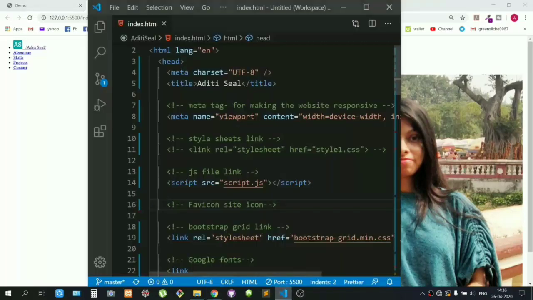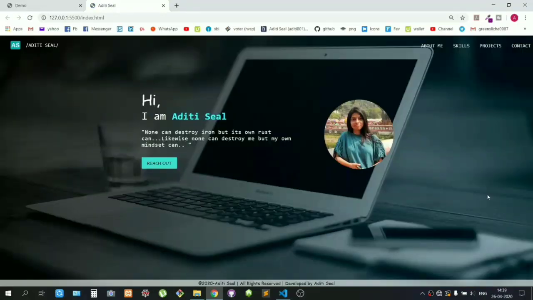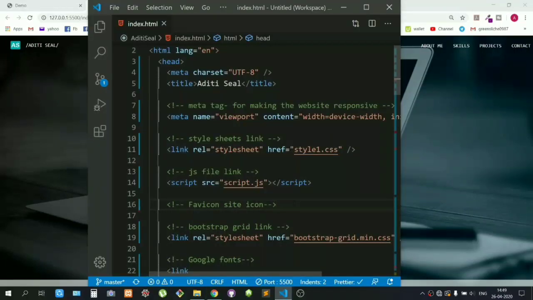And if I now uncomment this line and hit save, you will see this. This is my website, it's loading. Now see, this is how my website looks. It has changed so much by just using the style sheets. This is how I give style to my website, like the picture's shape, this text animation, the color and font and everything is given just by using CSS style sheets. Okay, now coming to JavaScript.